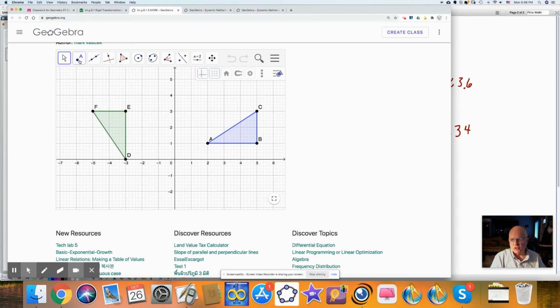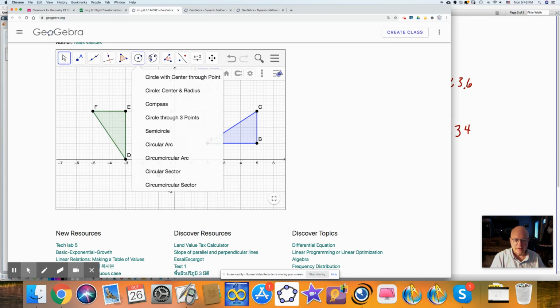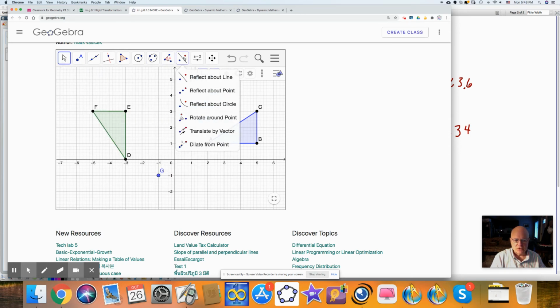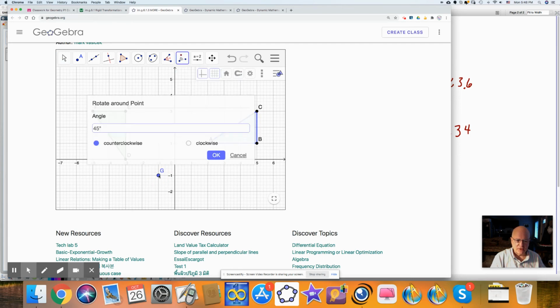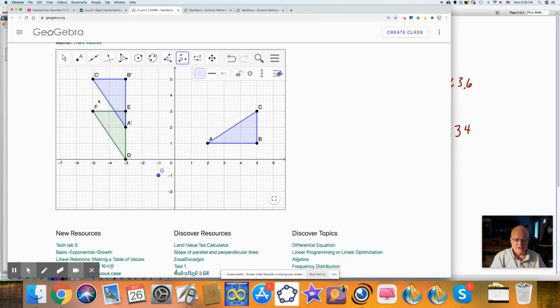And I'm not exactly sure where that point is. I'm going to show you in a moment where it is. So I'll estimate it's going to be here, and I don't think that's right, but it might be right. So we'll do the rotation using the rotation tool. Rotate this object around this point 90 degrees, because the line's going straight up and straight down, and this will be counterclockwise. So I do it here, and it's not quite where it's supposed to be. But if I move this point, I move it here, so I would